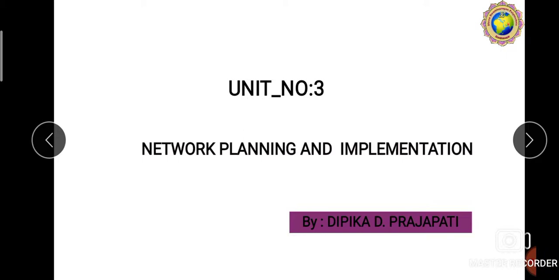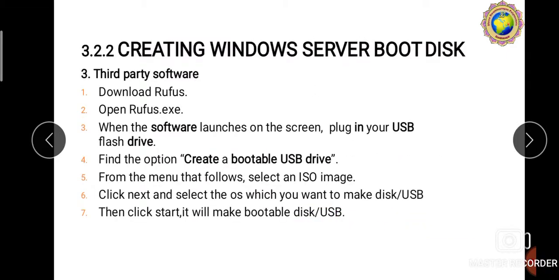If you want to create a Windows bootable disk using third party software, you have to follow these steps.